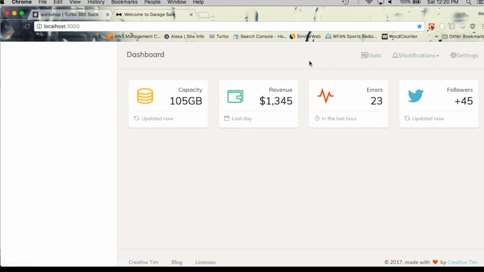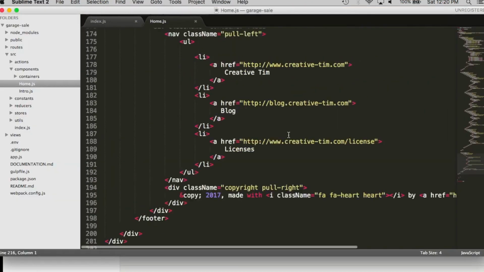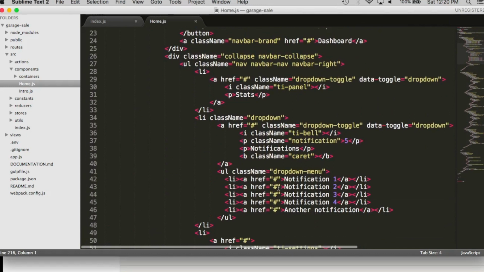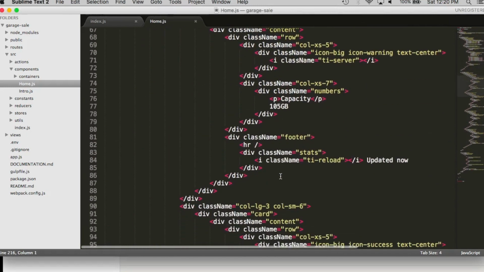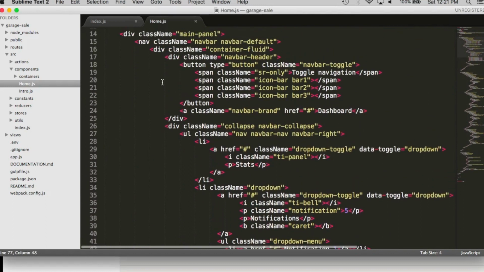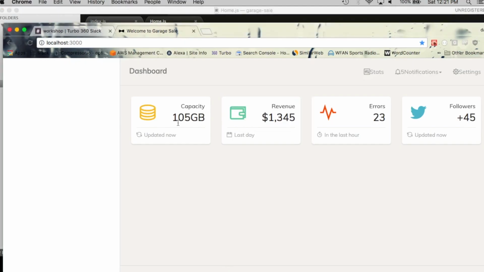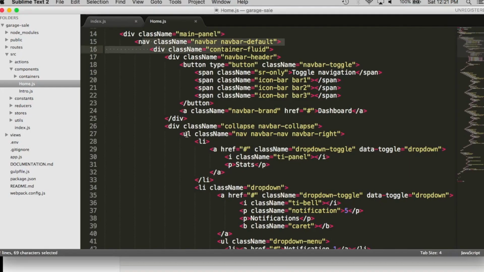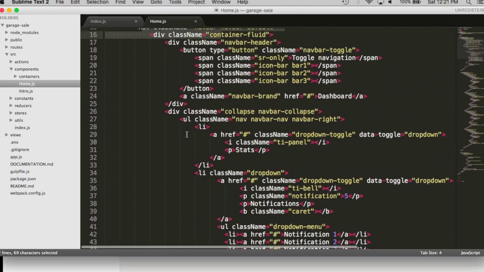I believe it's literally a nav HTML tag. So right here, you see where it says nav, line 15 for me, right? That's the top nav bar, right? I believe. Let me just make sure. Dashboard. Yeah, okay, that's it, right? So that whole nav tag should be its own